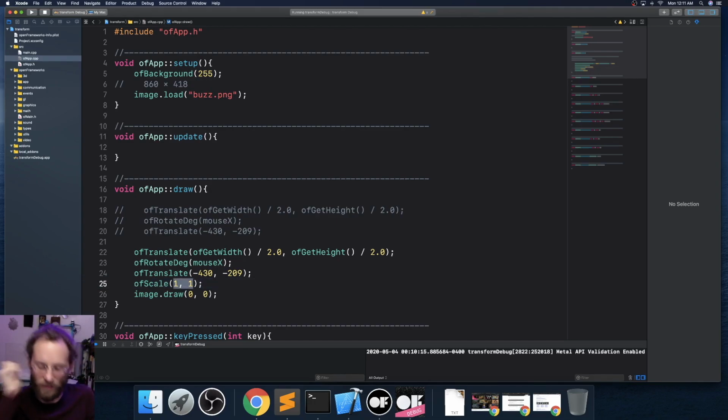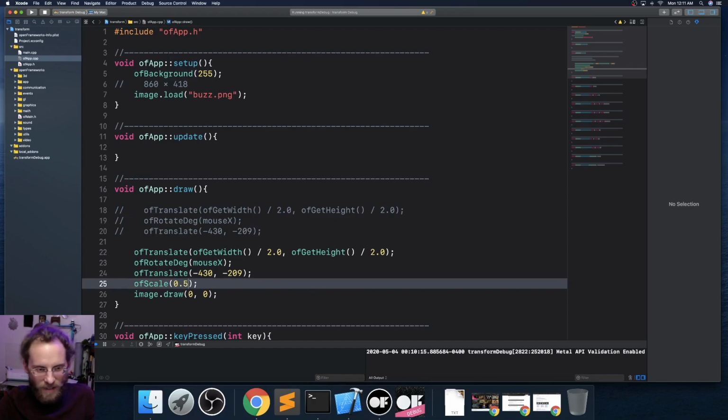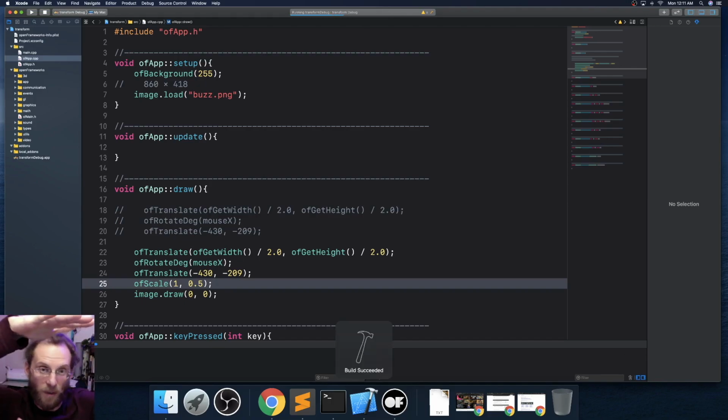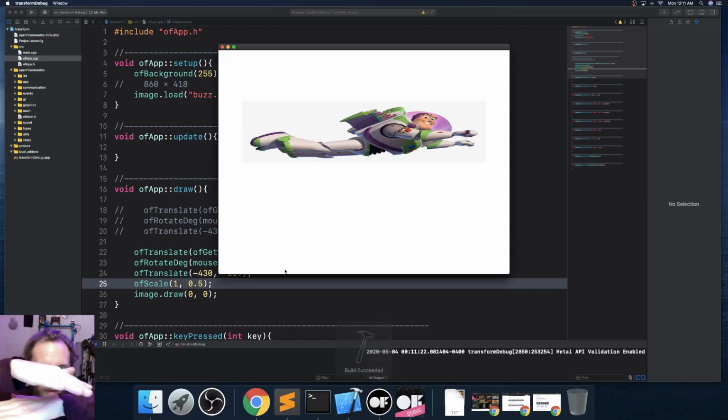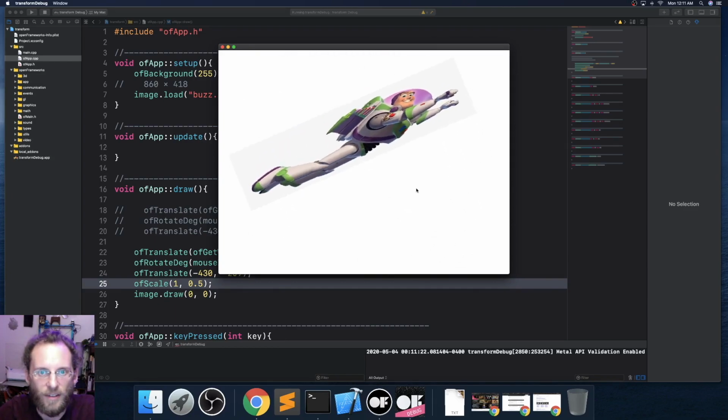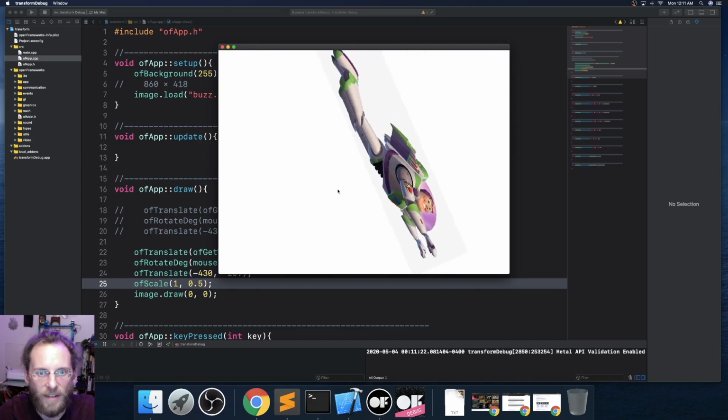That means no change. If I said 0.5 in the x, 1 in the y, let's make him really thin, like squished. He's like going through a wormhole or something. Okay, so my goal here is I'm scaling in the y only. Okay, this is fine. It's just now, do you see that he's not